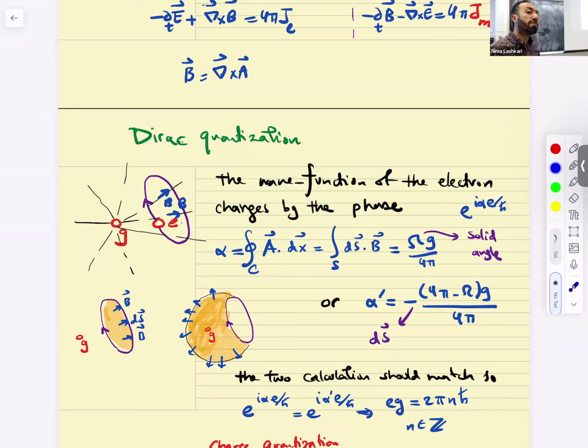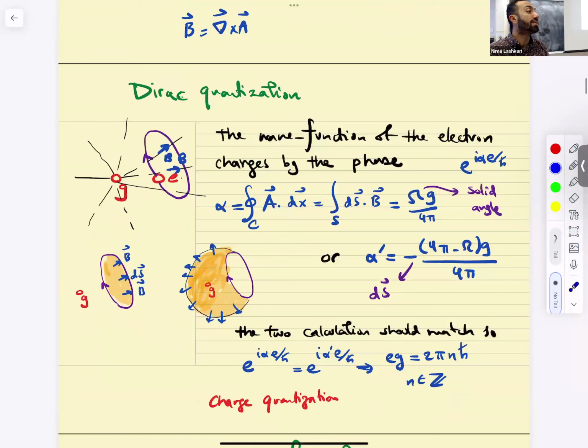Where is the h bar coming from? If you want to know, it's coming from here, right? It's e to the power of, yeah, actually, as a matter of fact, I said that already. You could view it as absorbing it into the coupling, or you could view it as action over h bar. This is coming from an action. So that's the charge quantization.